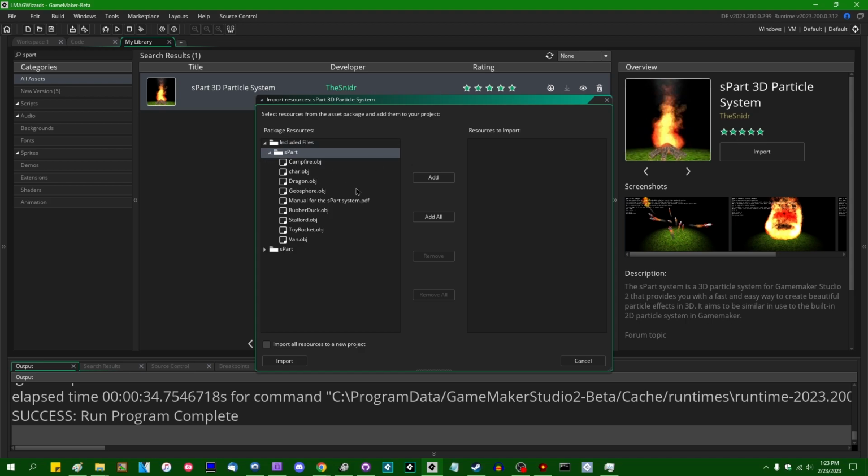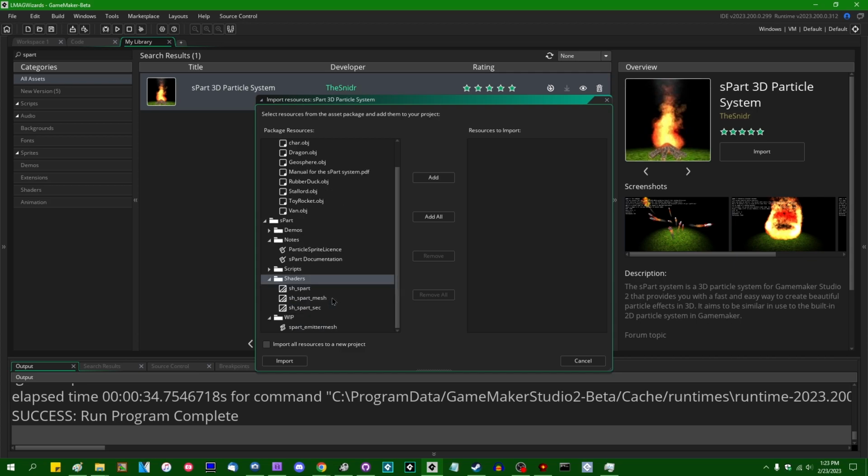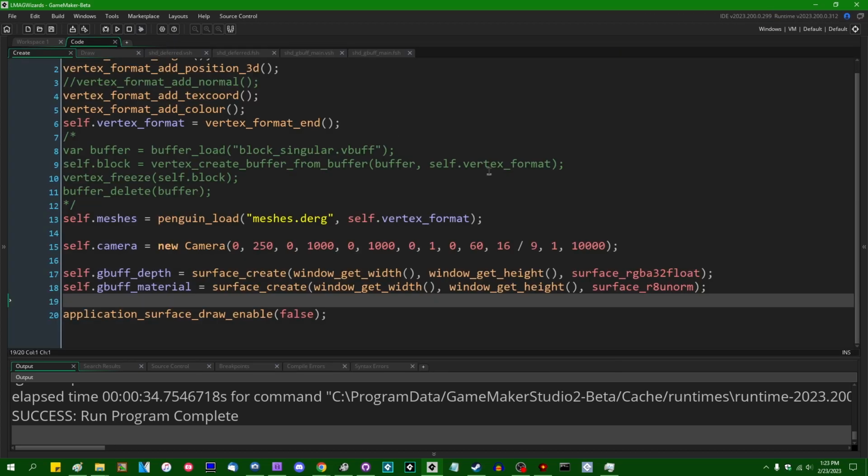Included files. Is there actually anything I need in there? There isn't. I probably can just omit that and only include scripts, shaders, and I don't think I'm going to need the emitter mesh as part code. I think all I'm going to need is that. I'm pretty sure he removed official support for the mesh emitters. Anyway, we can add that to our project,